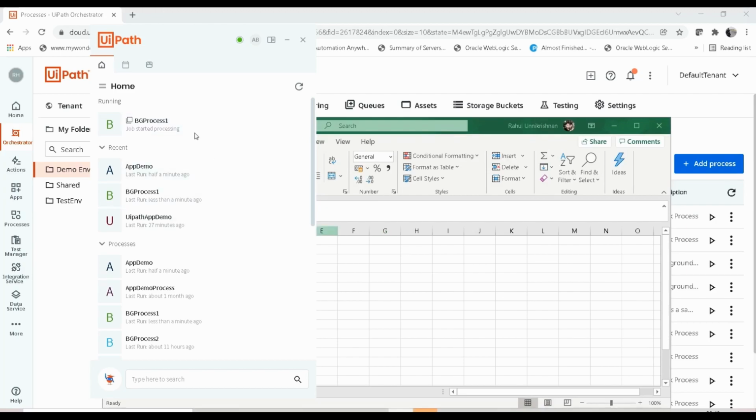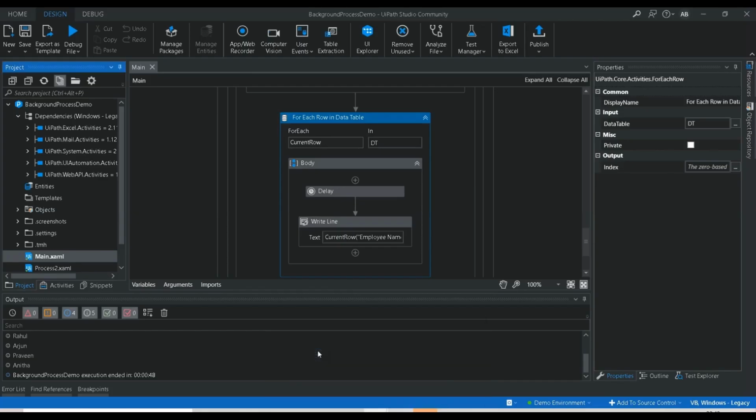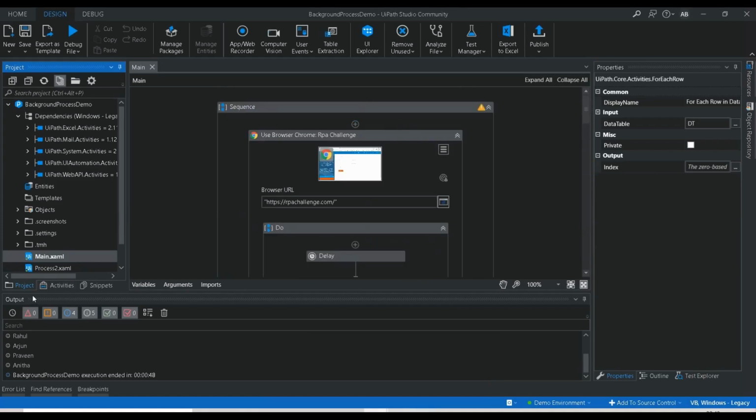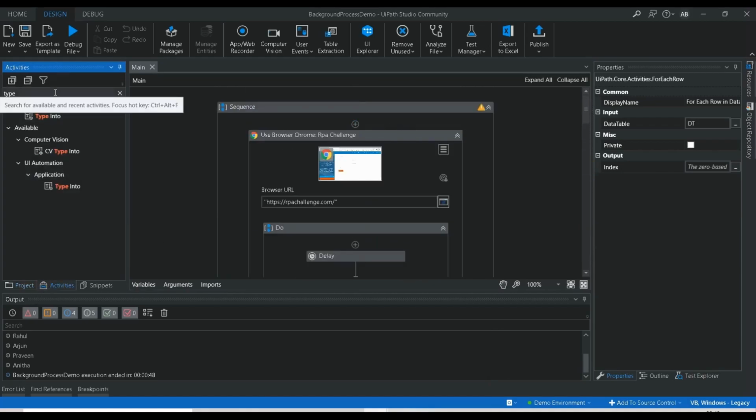Let it complete. So this is a background process, and the one which we executed now is a foreground process. App demo is a foreground process. Okay, so what I'm going to do is make this part a foreground. For that, we can use the